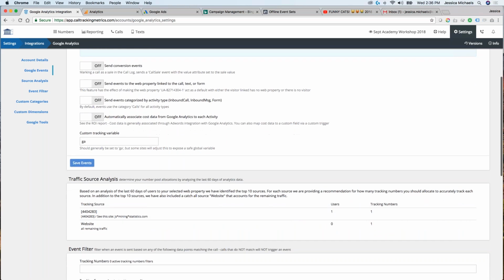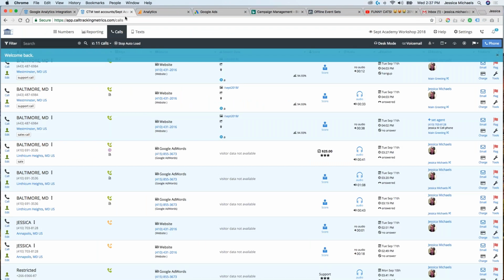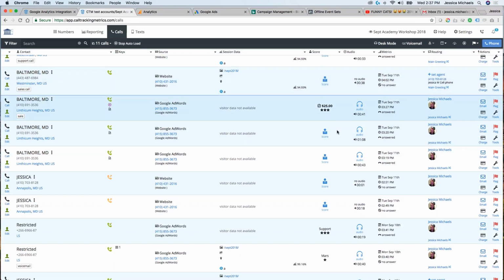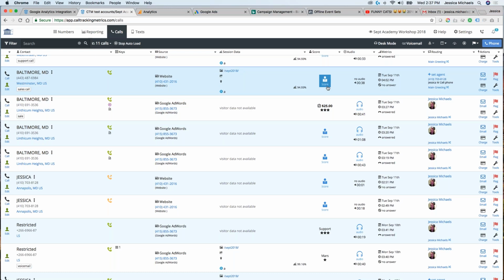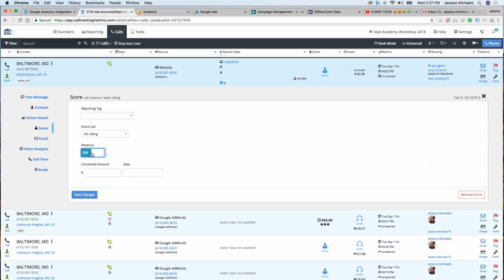So up next, we have the option to send conversion events. So this is actually pretty cool. What that's referencing is if we score a call. By default, we're going to send an event into analytics for every lead or every inbound call, text, or form. And what we do is we send the value as the seconds of talk time, but we could send an additional event into analytics in the account that a call is converted. And we can send the value of this one as the value of the conversion.